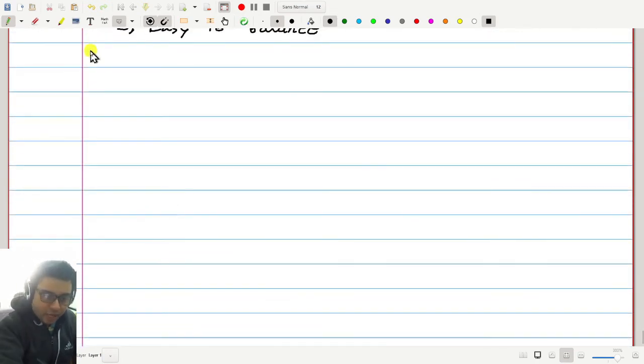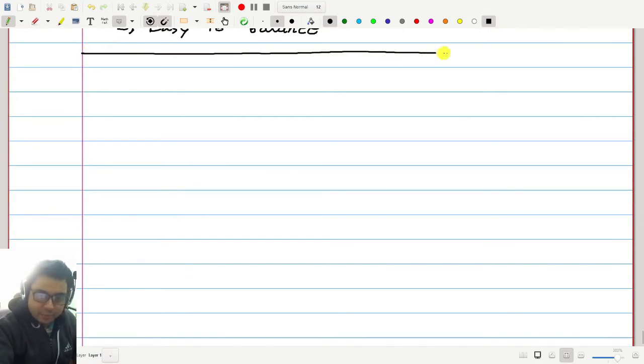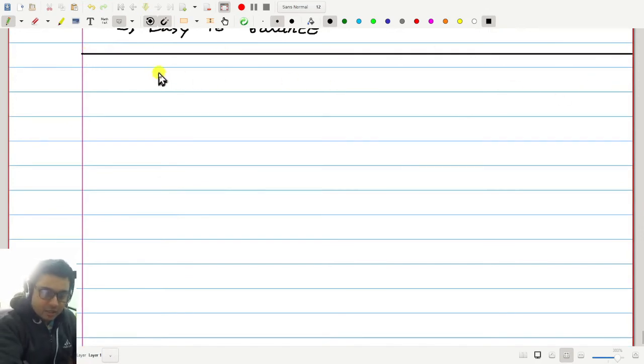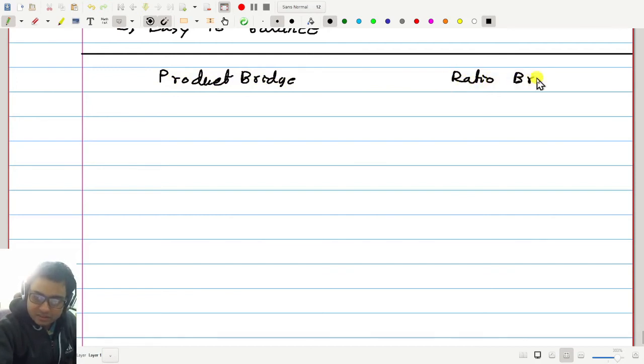So I will talk about two particular types of bridges: product bridge and ratio bridge. Product bridge and ratio bridge, where the balance equation, basically these are two forms of bridges where the balance equation becomes very easy. Okay, so